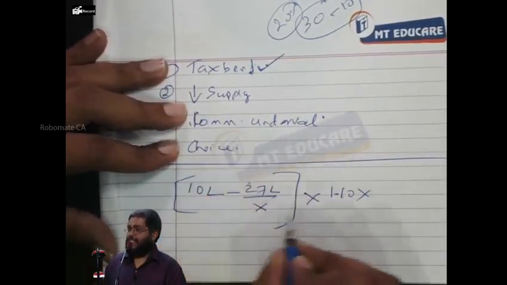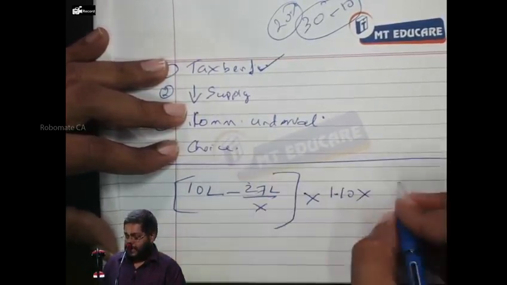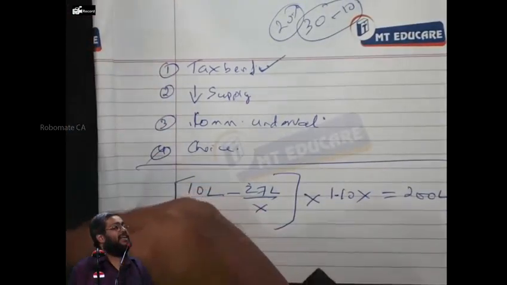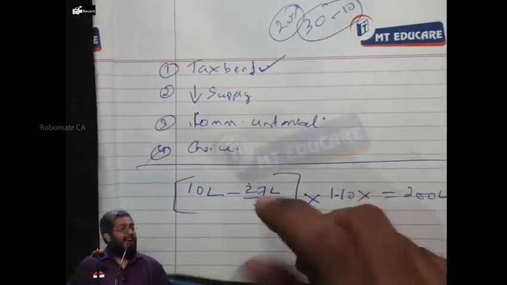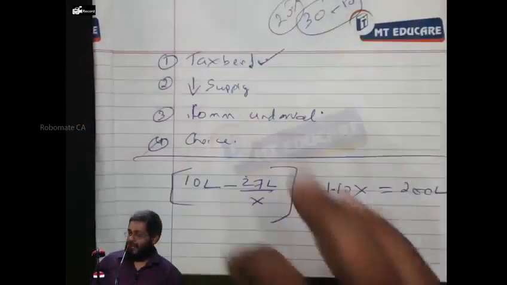Now, this is the number of shares post buyback, and this is the market price of a share post buyback. This market cap should be 200 lakh, as the question says. Are you following? Now, if I compute for X, I get the buyback price. Everybody comfortable or not? Now, let's go for the calculation.